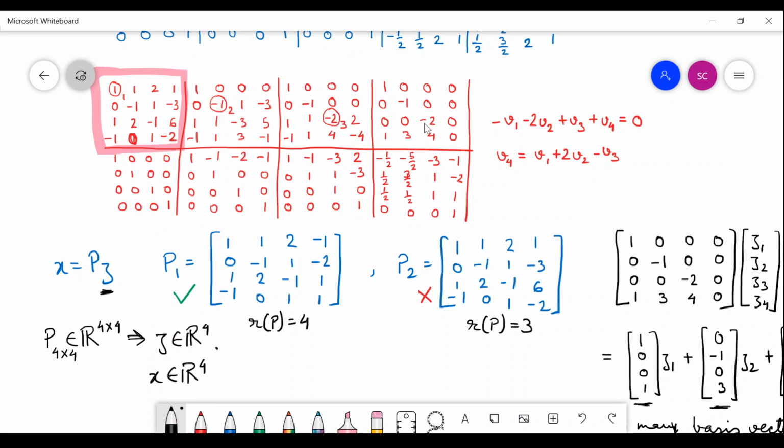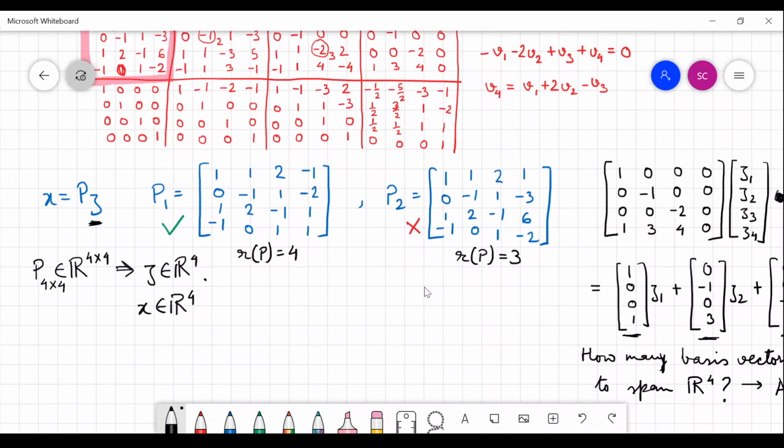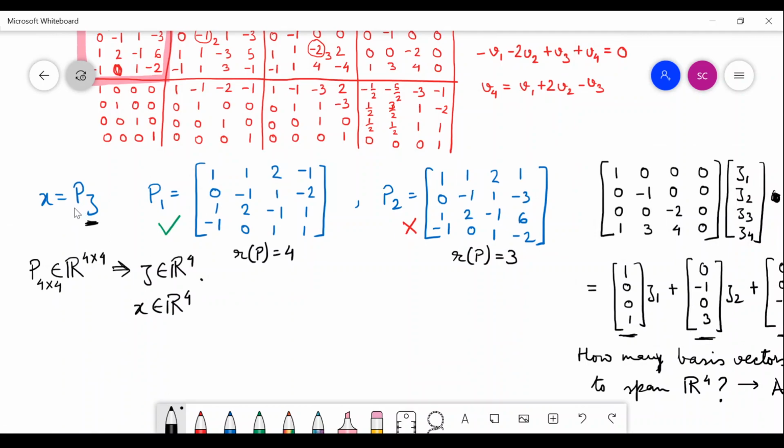That's why we are doing the row operation, in order to ascertain this fact, whether the columns are independent or not independent. That is what we want to ascertain. And that is the reason also that we stressed on this fact that P needs to be invertible. Invertible means basically that the inverse is existing. So when does the inverse exist?